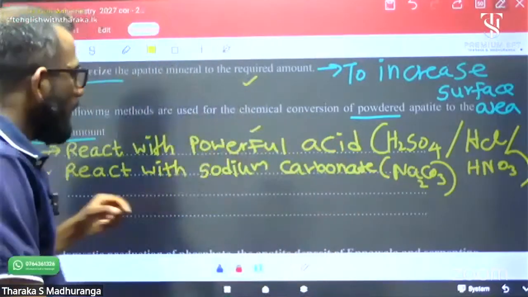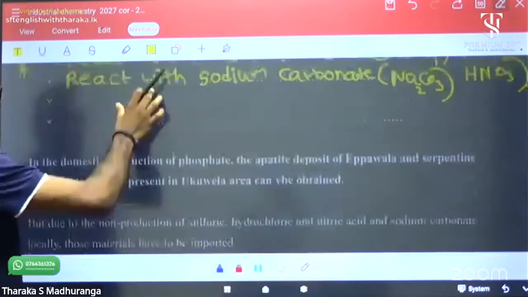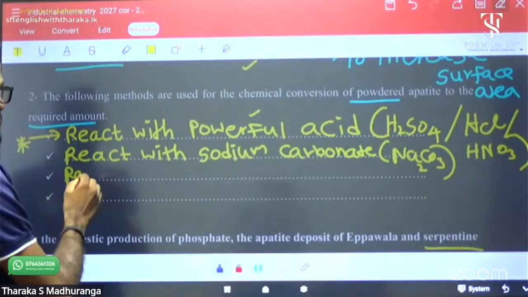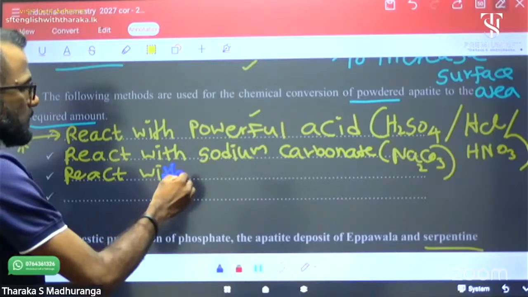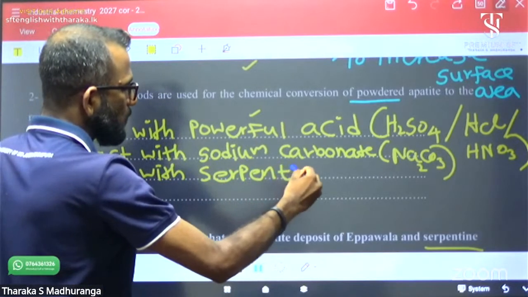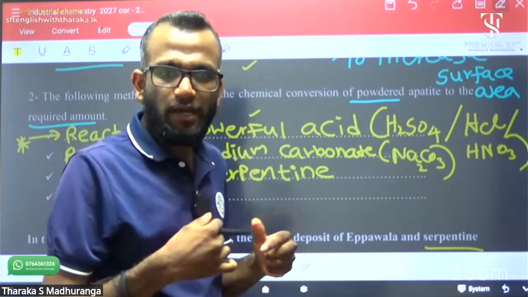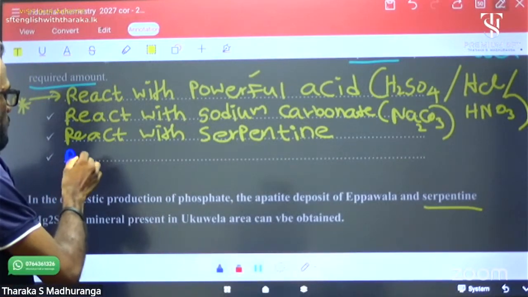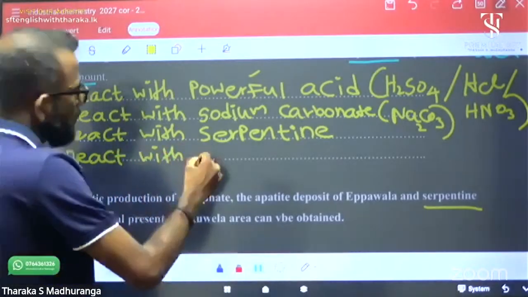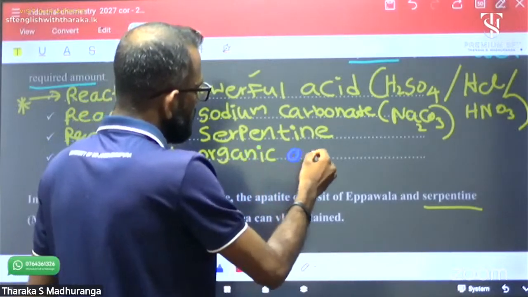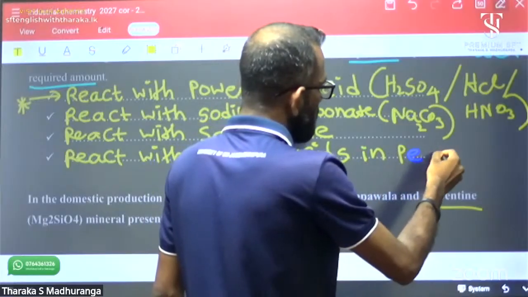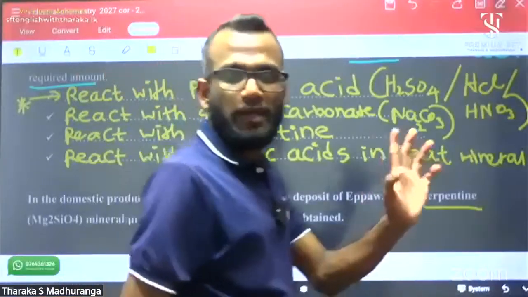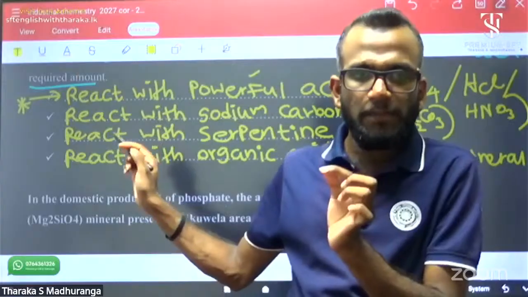I'll explain it. The additional other methods we have: react with serpentine. Serpentine is also a mineral. That one also we can find in Sri Lanka. Final one, react with organic acid in peat. Peat mineral. Okay, they are the possible methods, but the problem is if we react with sodium carbonate, serpentine, or